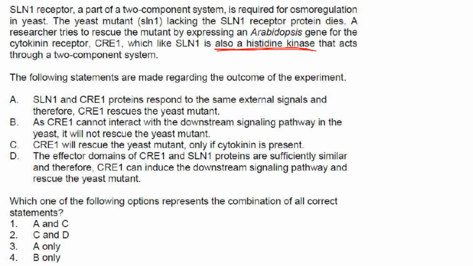First one. SLN1 and CRE1 protein respond to the same external signal, therefore CRE1 rescues. How do they respond to the same external signal? SLN1 doesn't respond to cytokinin. CRE1 responds to cytokinin. So that is not correct. They don't respond to the same signal. It is a different signal, but they are